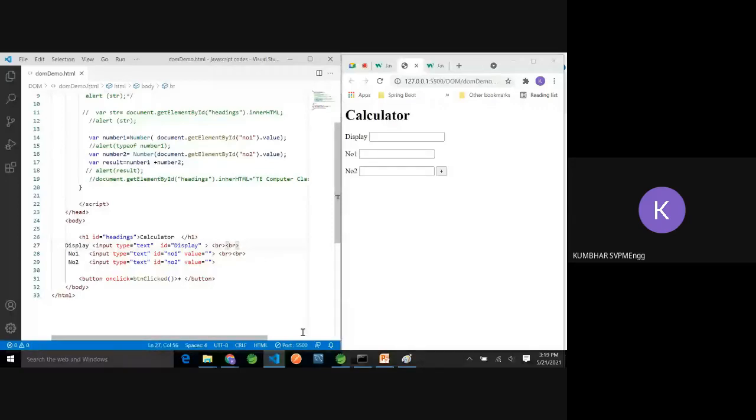Whenever we will click, we want number 1, number 2 should be added and display should go here. So now I have to go for, yes, can you tell me what code I should write? Result is here. Line number 70 is having the result. I want to print that result.